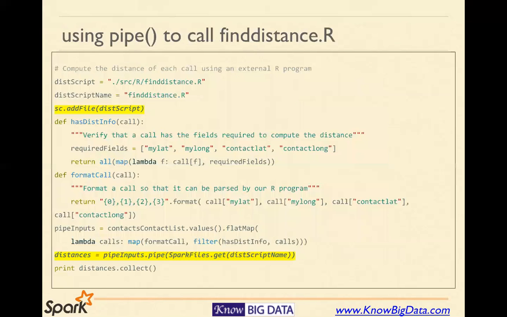In those cases, you can use this kind of approach where you can just add this script to the program. You can say sc.add file, which means this file will be taken to all the nodes, and while calling you can simply call pipe inputs.pipe, as in this is a way in Python to execute any program. All right,